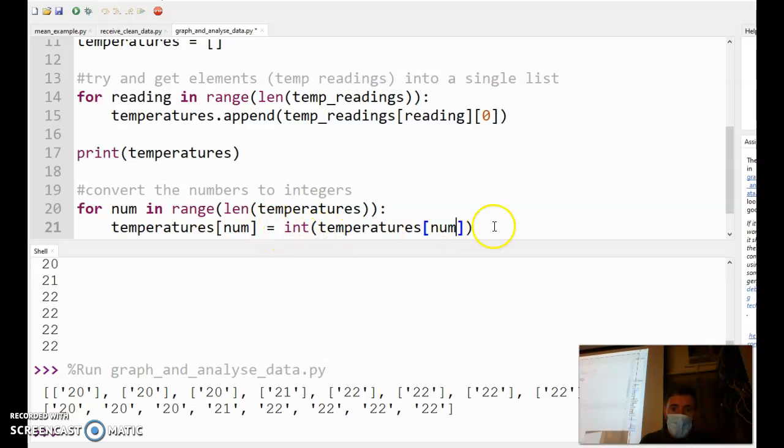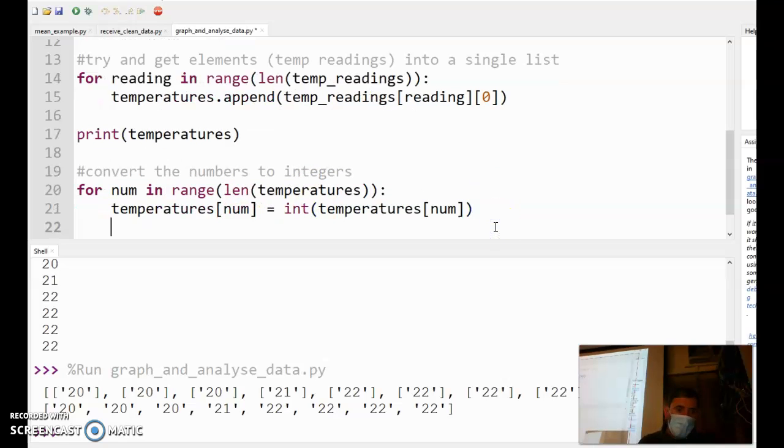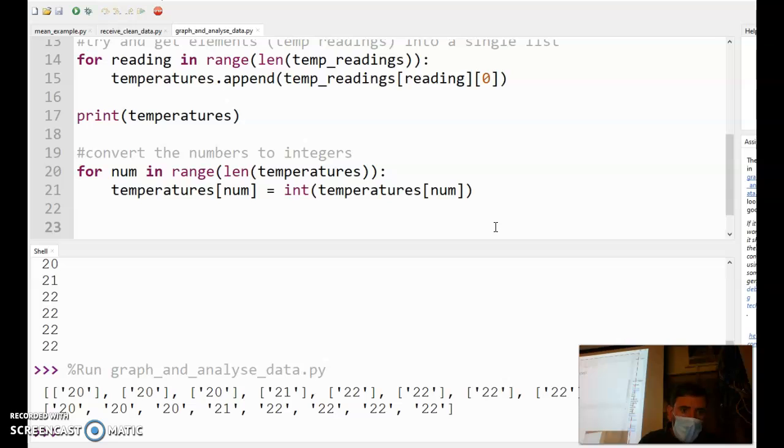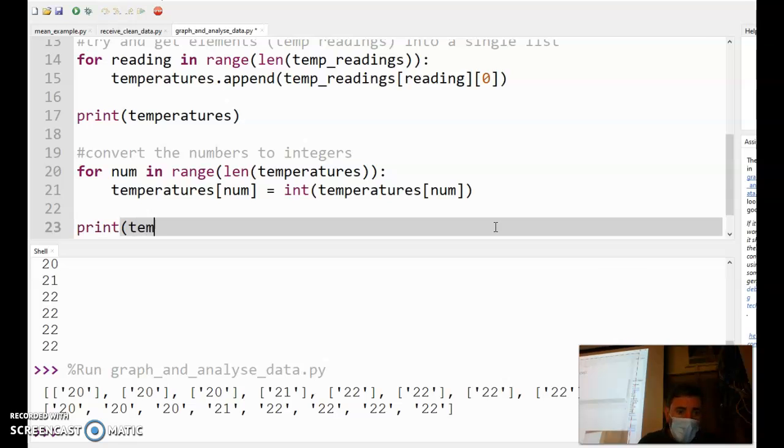So basically what's happening here, the first time it goes around, num is going to be 0. So this is like saying, whatever is located in temperatures index 0, which is going to be the string value 20, you're going to convert that to an integer, and then you're going to overwrite whatever is in that 0th position the first time. Then it moves on the next time and changes it to index 1 and so on. And so now if I just go print temperatures here now,